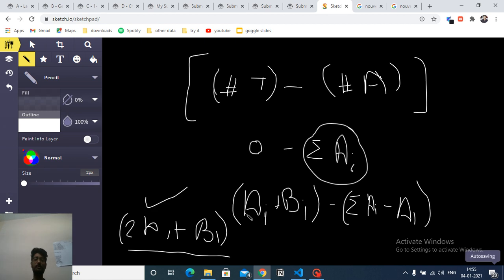So what you can do is find the 2AI plus BI value for all the cities, sort them from maximum to smallest, take the maximum value, and subtract it from the total value, and then you get the current state value. If you give a speech in one city, the value will be 2AI plus BI minus the total summation value. If this value becomes greater than 0 at any point, then that's the minimum number of cities you have to give speeches in. I hope you get the intuition of this problem.